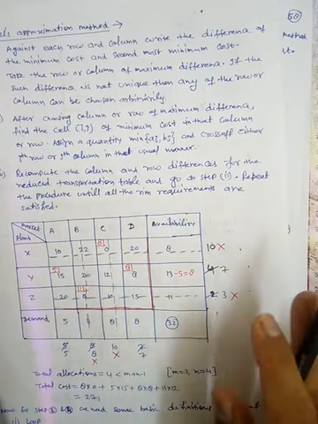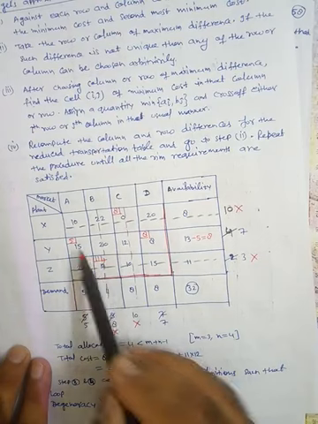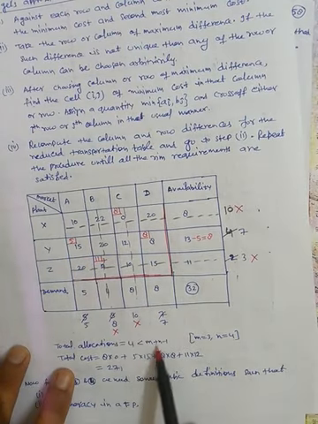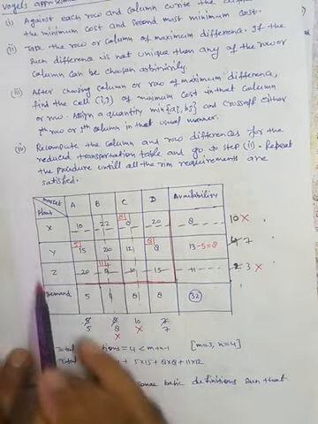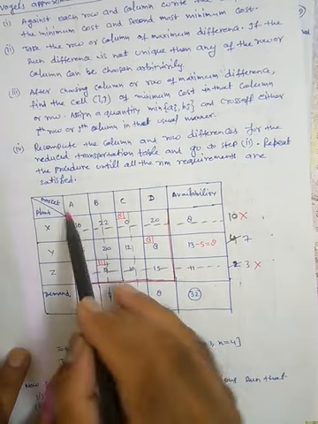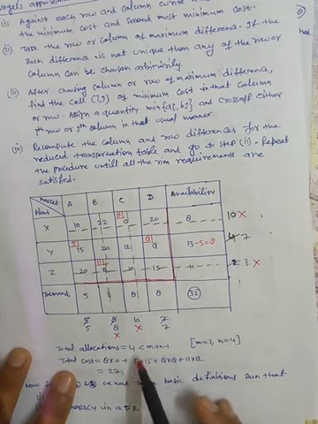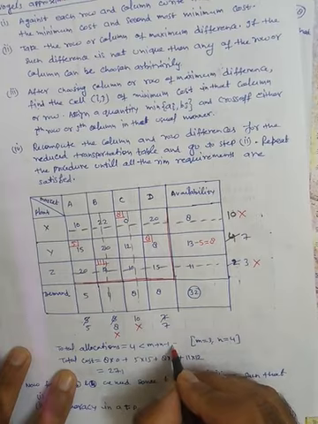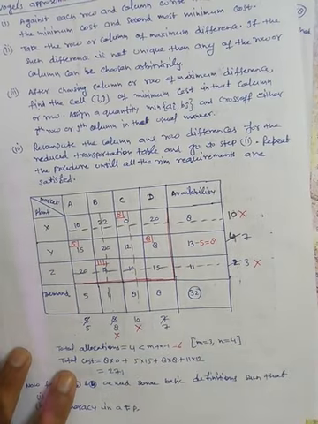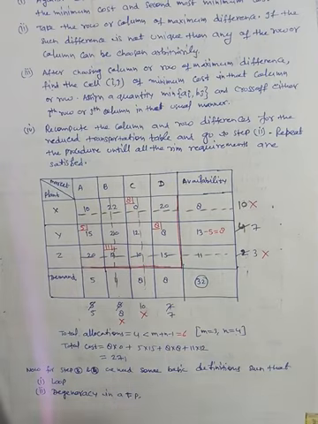We have already discussed what the total number of allocations should be. Here the total number of allocations is 1, 2, 3 and 4. So 4, which is less than m plus n minus 1. What is m? m is the number of total plants, here the number of rows, 3. And n is the number of columns, 4. So 3 plus 4 is 7, minus 1 is 6. So 4 is less than 6. Now we have to move further to get the optimum, or to check whether the current solution is optimum or not.